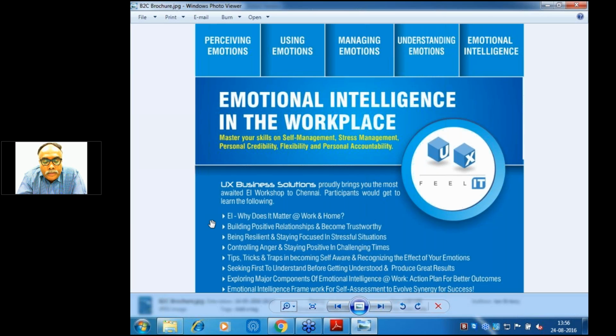So emotionally, you should know when to give control. Normally, I give an example. I may be a great parent, but when my kids are getting married, I cannot get into the first night room. You understand what I mean, right? We have to delegate. We have to make them responsible. We have to make them accountable. So you should know a little more than your boss because you have to strategize and plan. But you have to know a little less than your subordinate in terms of executing it.